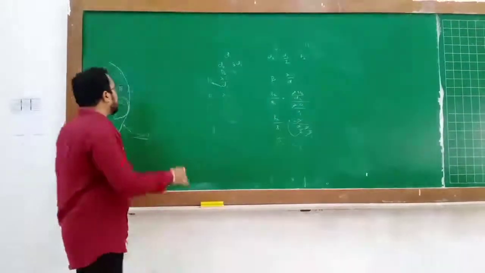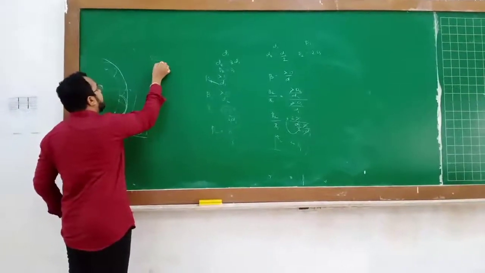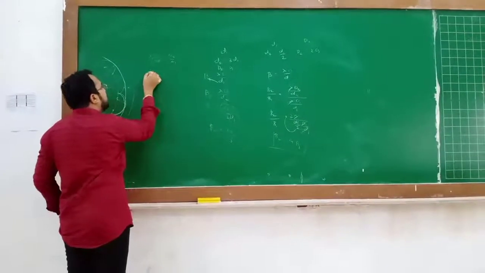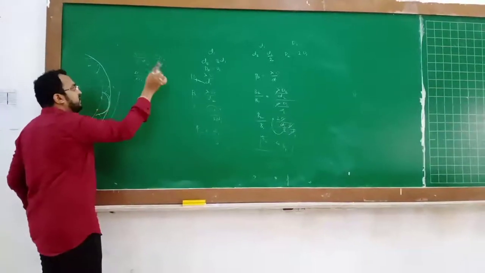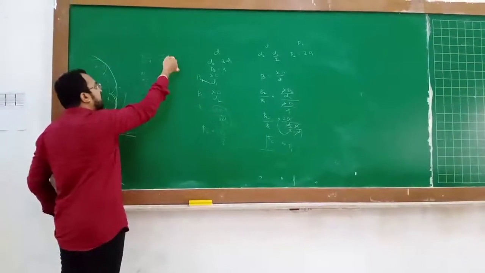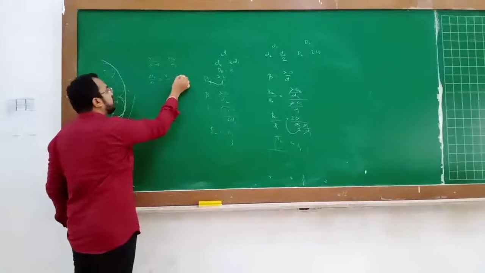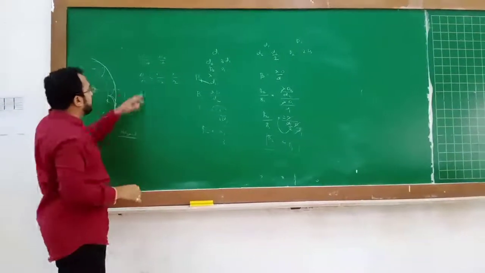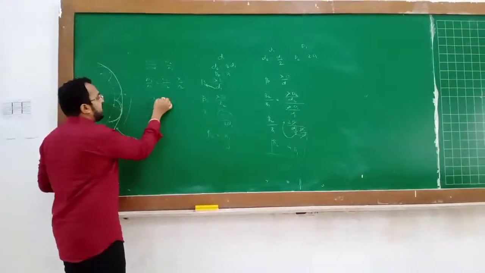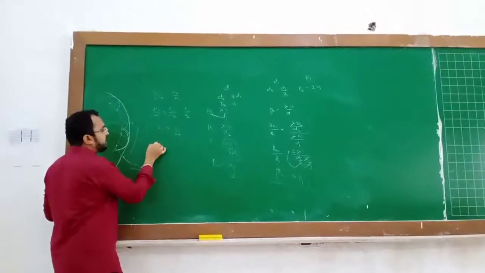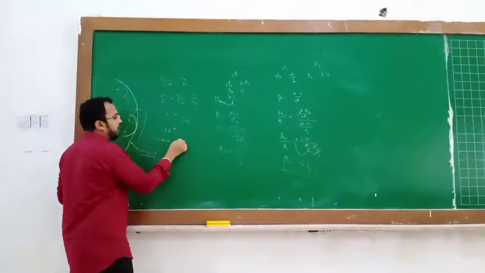आपण बघितलं होतं. So what is principle of reversibility? That is sin i upon sin r is equal to mu2 by mu1. And here mu2 by mu1 है. See, i is angle in first medium, r is angle in second medium, but mu2 is in the second medium and mu1 is in the first medium. So this is called the principle of reversibility. इथे आपण c1 by c2 अप्लाय करू शकतो, λ1 by λ2 पण अप्लाय करू शकतो. So 2 च्या समोर 1 आहे आणि 1 च्या समोर 2 आहे, that means it is inversely proportional. So we can say lambda is inversely proportional to mu. So if experiment is conducted in water, that means mu increases, hence lambda decreases.